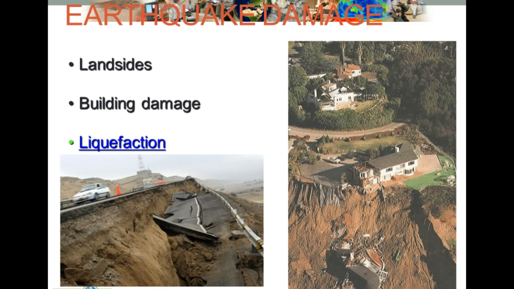The sudden release of energy from this slipping of tectonic plates can cause a tremendous amount of damage, such as landslides, building damage, and what we call liquefaction. We've all seen pictures in the news of the damage done by earthquakes, and you can also see that damage occurs in these pictures that we've shown you. I think landslides and building damage speak for themselves, but what about liquefaction? Let's look at that in a little more detail.